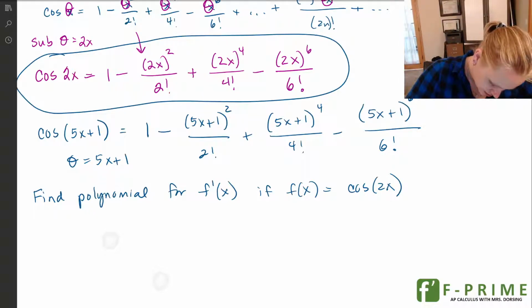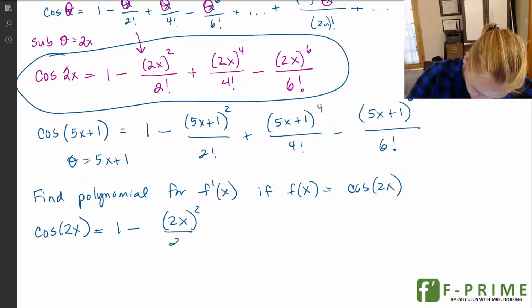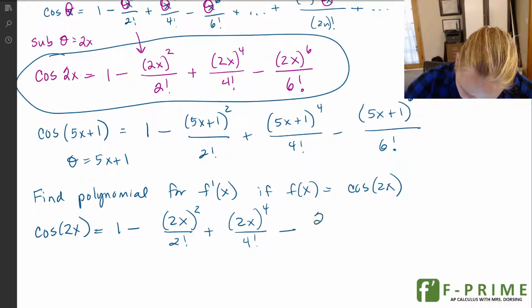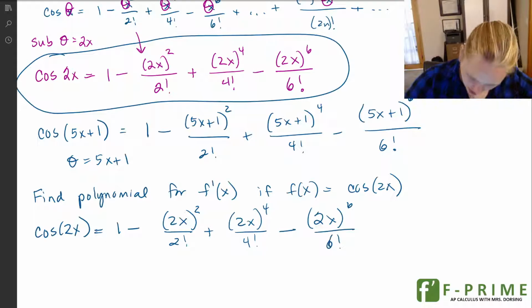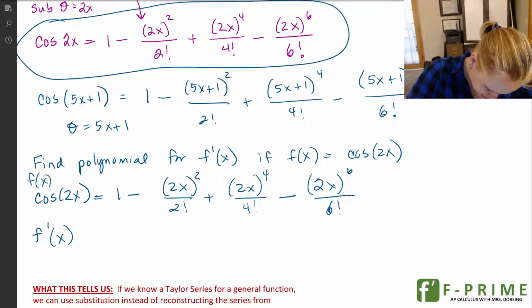So step 1, I'm going to take this function, cosine of 2x equals 1 minus 2x squared over 2 factorial plus 2x to the 4th over 4 factorial minus 2x to the 6th over 6 factorial. And to find the derivative, f prime of x, supposing that this is f of x,